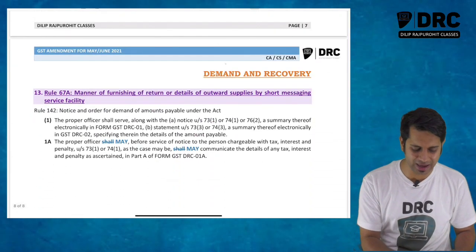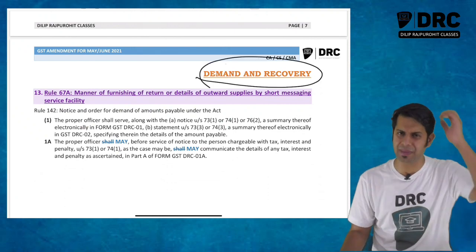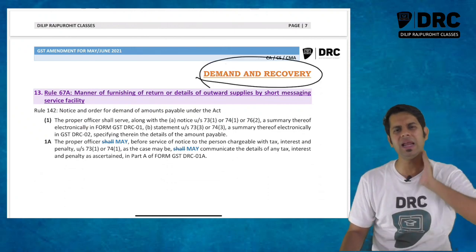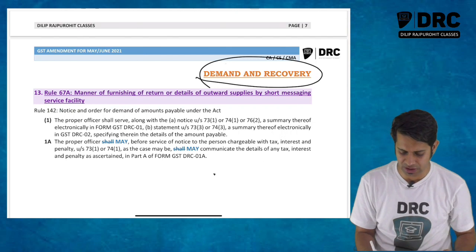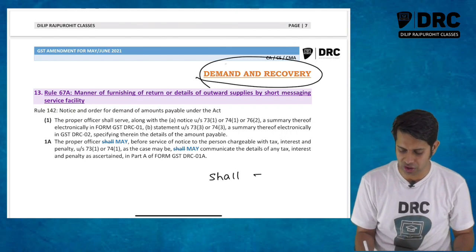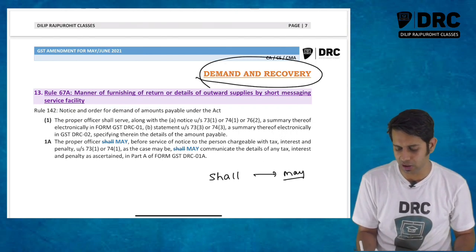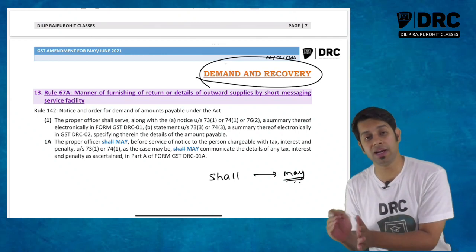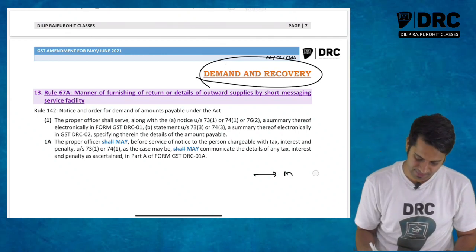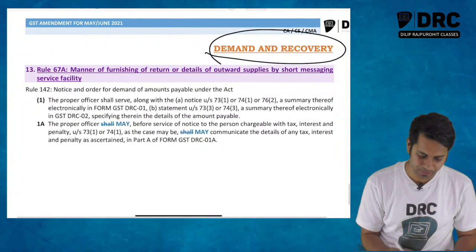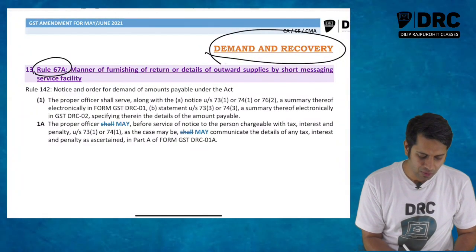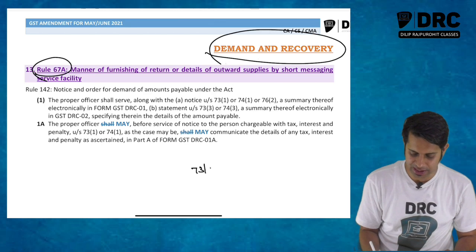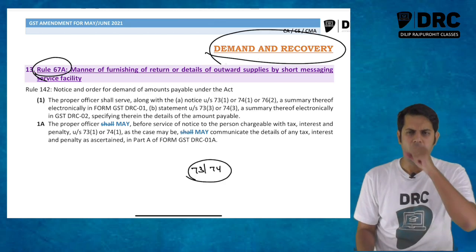Now next is the demand and recovery chapter. Again, not a major amendment, I will tell you, just one word has been changed. There was a word called "shall", they have now made it "may". Shall has become may. Shall has not become November, it has become May. See, normally what this particular section 73-74 was telling,